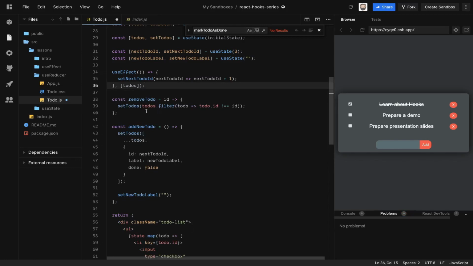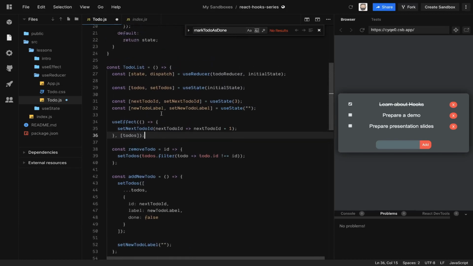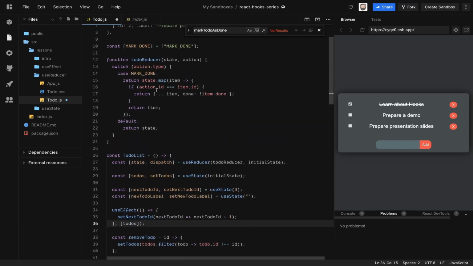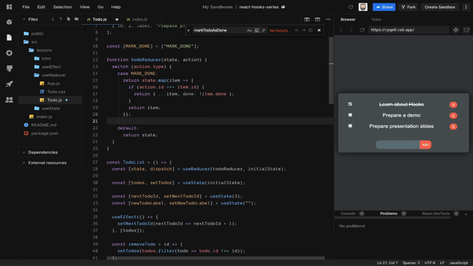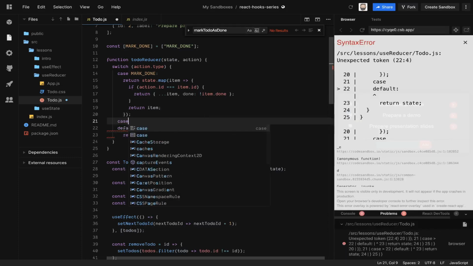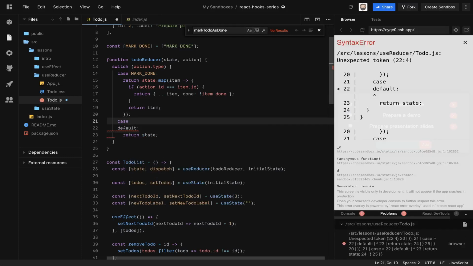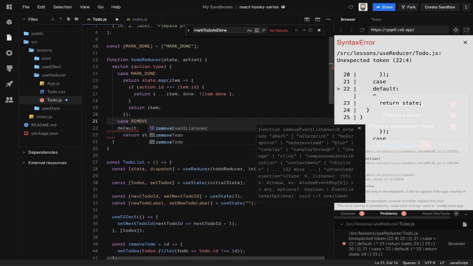Cool. So the next one we'll do is remove to do. Let's make a new case up here. As you can see, this is really nice already, because we can think about what the user is trying to achieve, which makes it a lot more declarative, and we can extract the logic that does those things somewhere else. So outside the function here, we have our little reducer that handles all the changes. Let's add a case here of remove to do,